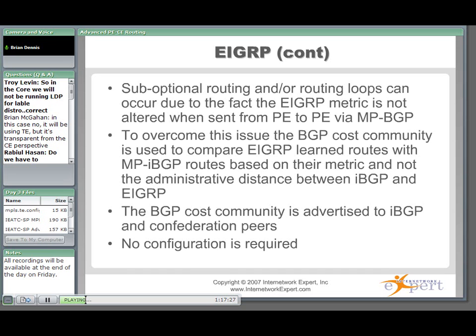All right. Let's look at, real quick, I wanted to mention the BGP cost community. Basically, it's allowing the PE routers to compare. Let's step back for a second, without the cost community. Let's look at a network diagram, and let's see what happens normally for routes with EIGRP. Let me clear this off here. So let's say we have a route, and